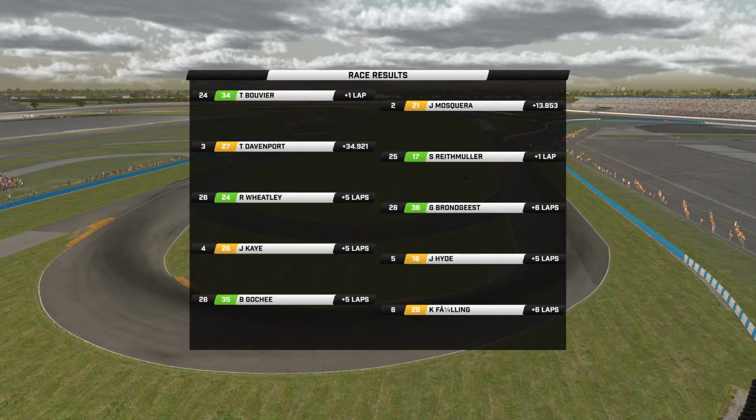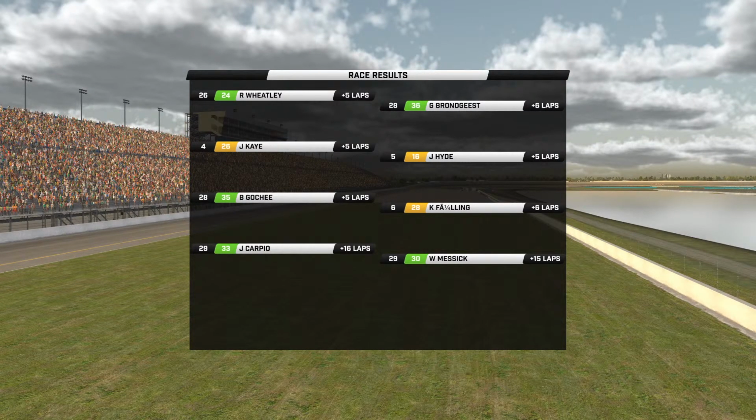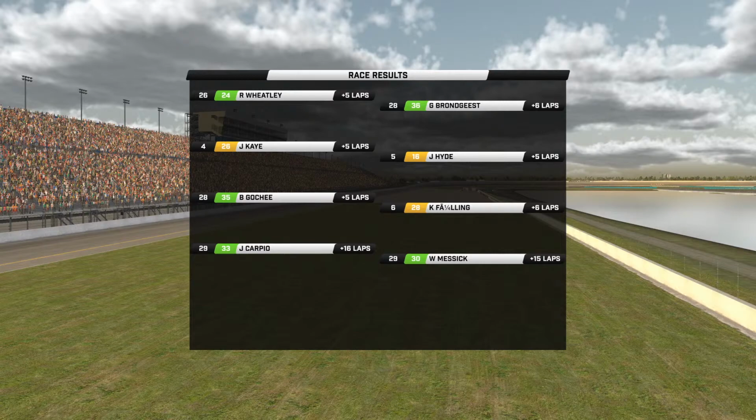Justin Kay never took the start, came back, finished 5 laps down, but took home P4. 30 seconds behind him was J.E. Hyde. He had a strong start. I think he was P2 to start off there for the class. He finished 30 seconds behind Kay, 5 laps down, and a lap behind them, 6 laps down, was Kevin